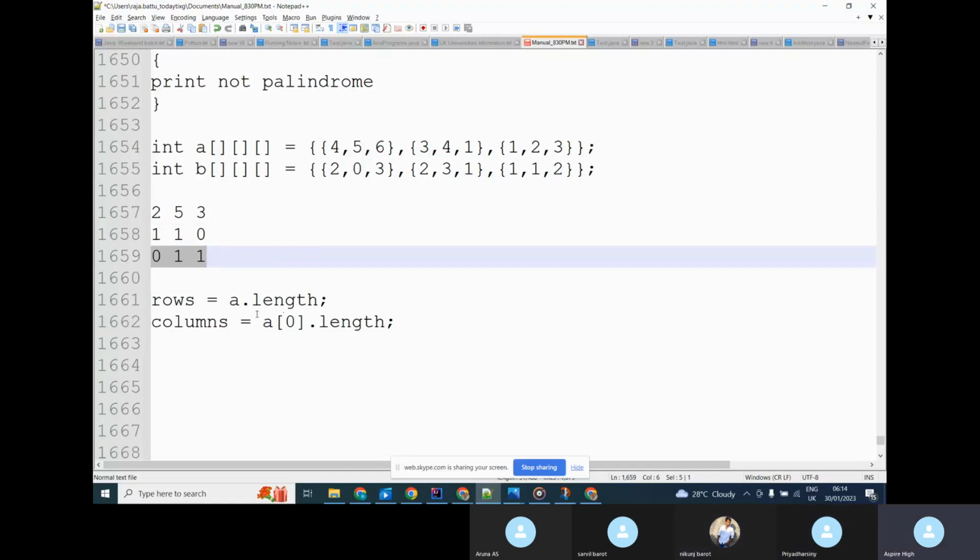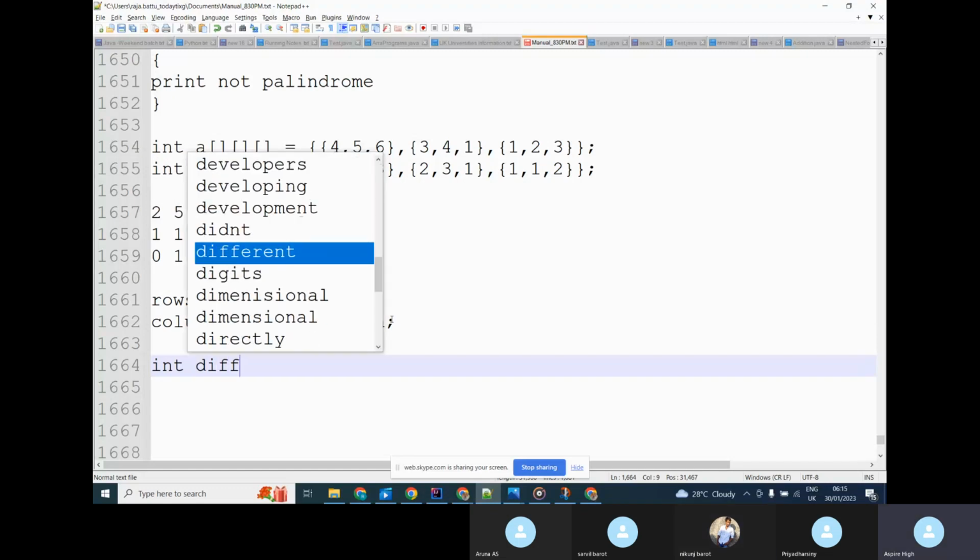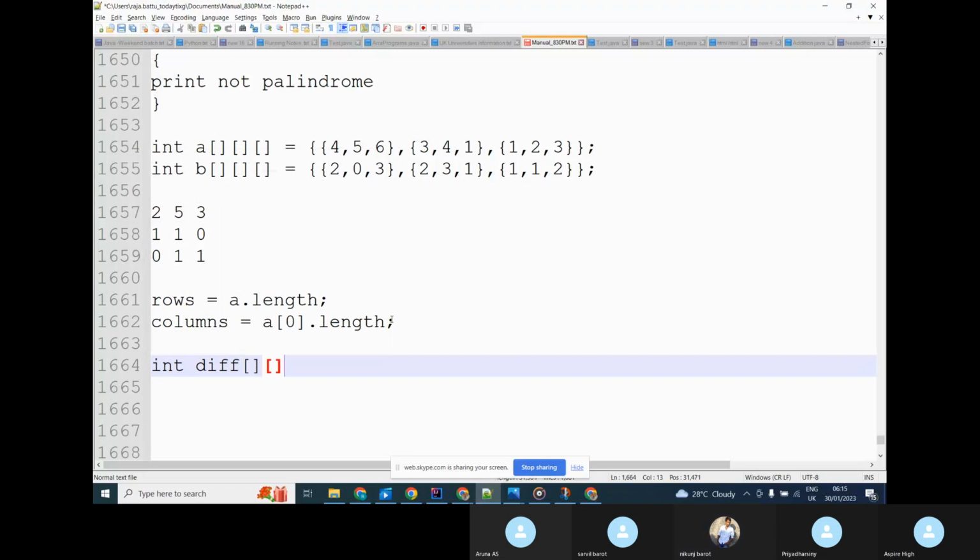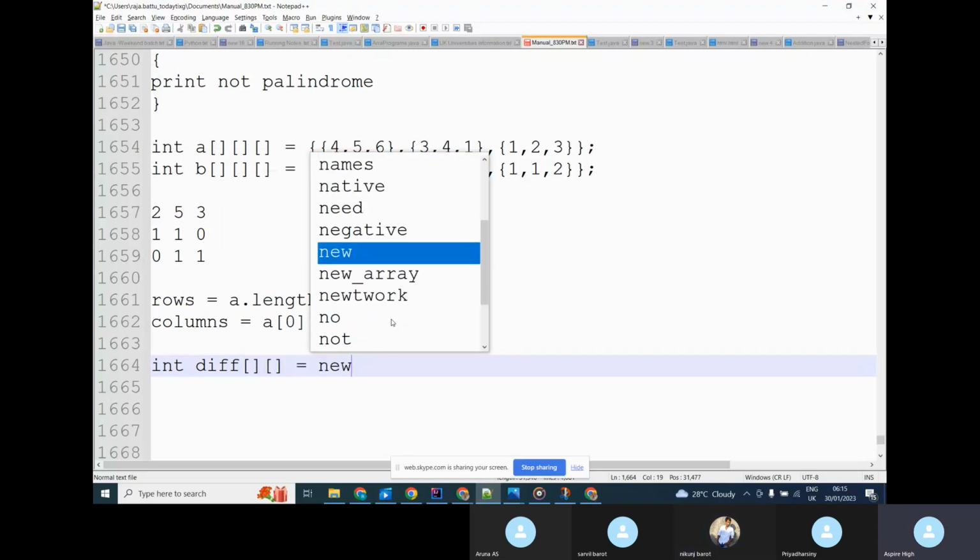Now columns length, to get the columns length, A of 0 dot length. If you get A of 0 dot length, that is the columns length, right? Columns are this one. Horizontal is rows, vertical is columns, right? Yes, sir. So once we get the length, we need to hold a difference value in one of the variables. So I'll declare a variable int difference is equal to new